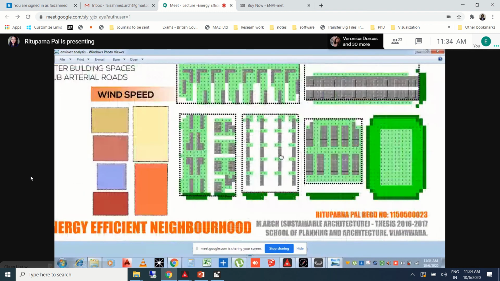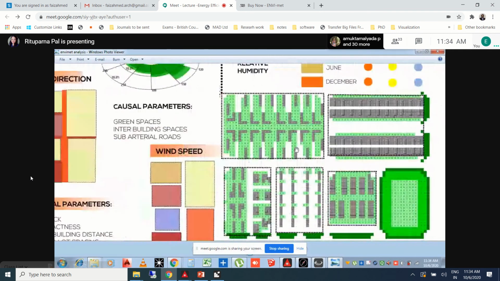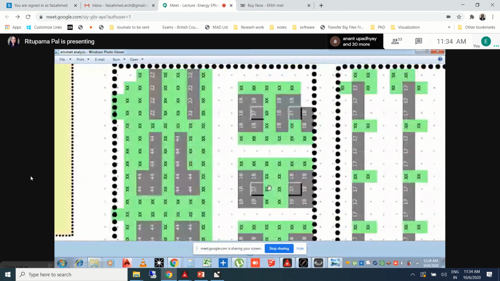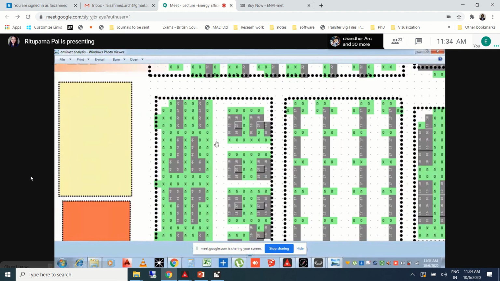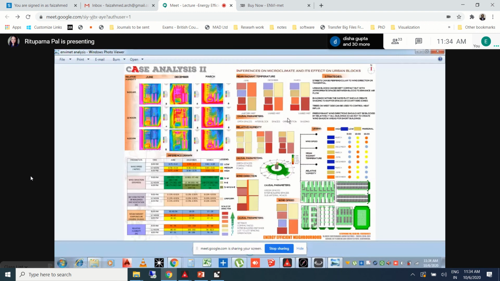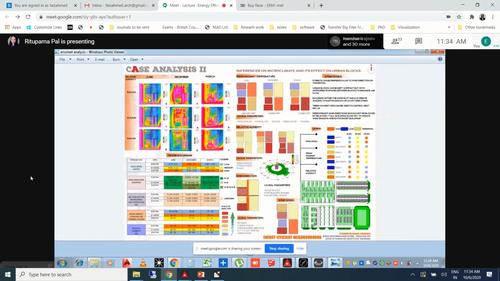So this is from ENVI-met only. I had taken a screenshot and placed it just to make the jury or the panel understand how these things have been done and what changes have been made. So this was the thing which I wanted to show you, because our results are not yet in hand. So is the introduction of the background of the entire software clear?